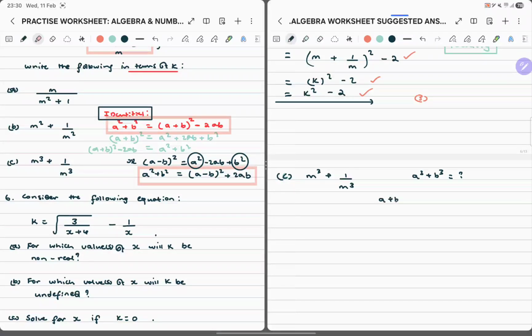So we've got (a plus b) all cubed, which is going to be (a plus b) into (a plus b) into (a plus b). Just do your thing. Now what do we get? We first start with the trinomial. So this is (a plus b) into a squared plus 2ab plus b squared. And then we distribute this, we get a cubed